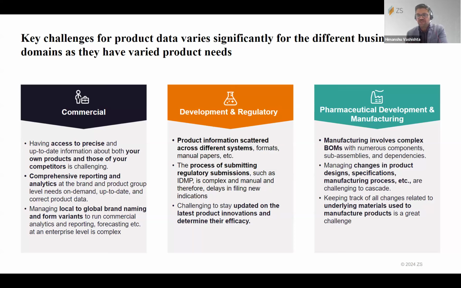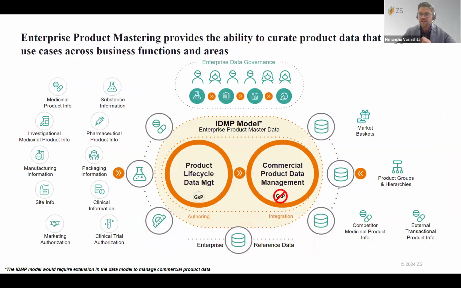Similarly, in pharmaceutical manufacturing, if a glitch is identified in a product at a manufacturing stage, there are a lot of challenges to backtrack from where that product was generated, from which manufacturer it was received, from which supplier it was registered. So there can be many issues related to product data even if we are doing IDMP, but there is no data management capability. So with IDMP evolving, there is a dedicated use case of building an enterprise level